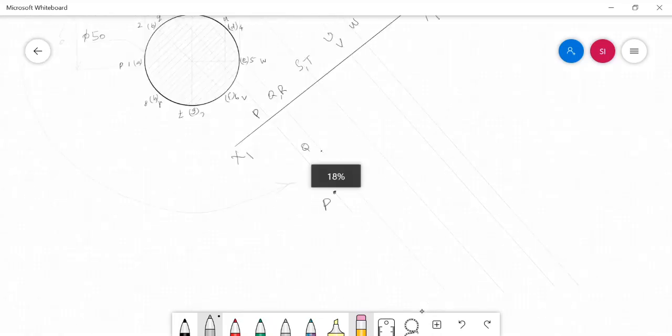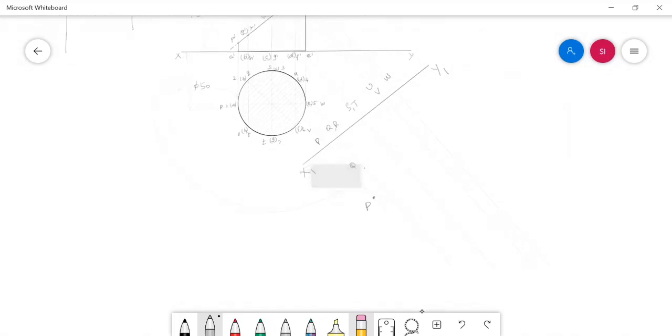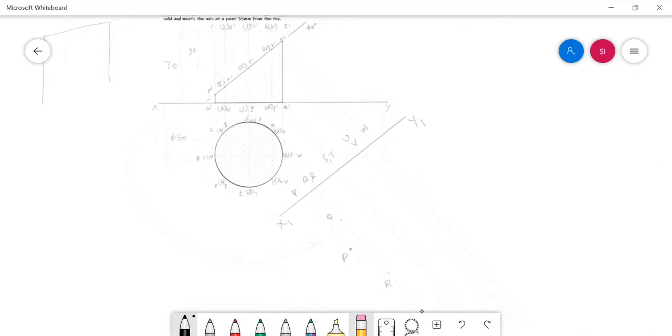Let me mark the point R in the projector of R, and measure the distance of the point S from the xy line, this distance, and mark the same with respect to x1 y1, maybe here,